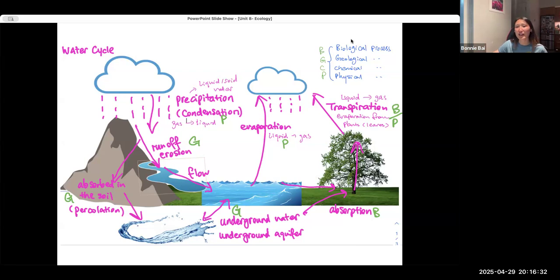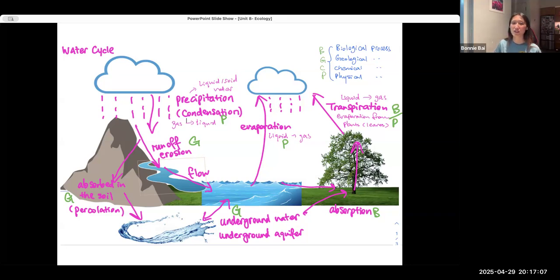On the side, you can also think about biological process, geological process, chemical and physical process. Let's say rocks breaking down. That's a physical process, rocks breaking down into smaller parts and not turning into other material. Physical process, right? Like water getting frozen up in the clouds and coming down as ice or snow. That is a physical process. We did not change what the water is, we just changed the state of matter.